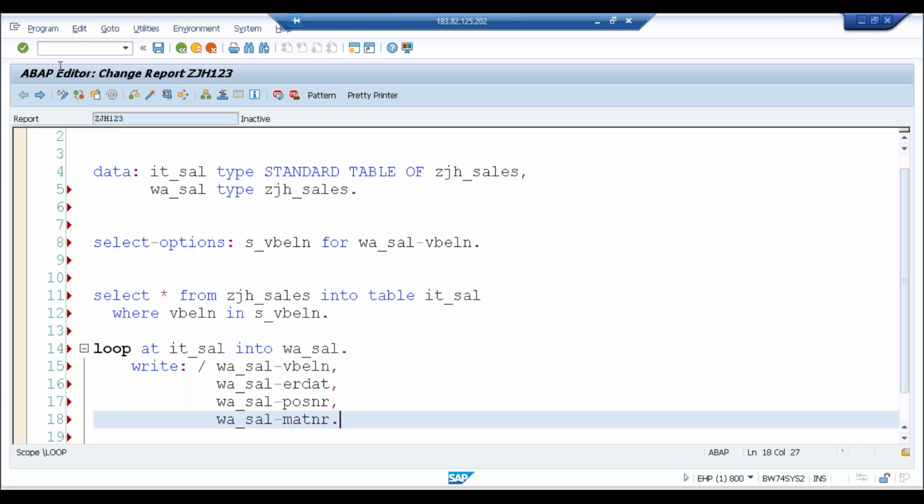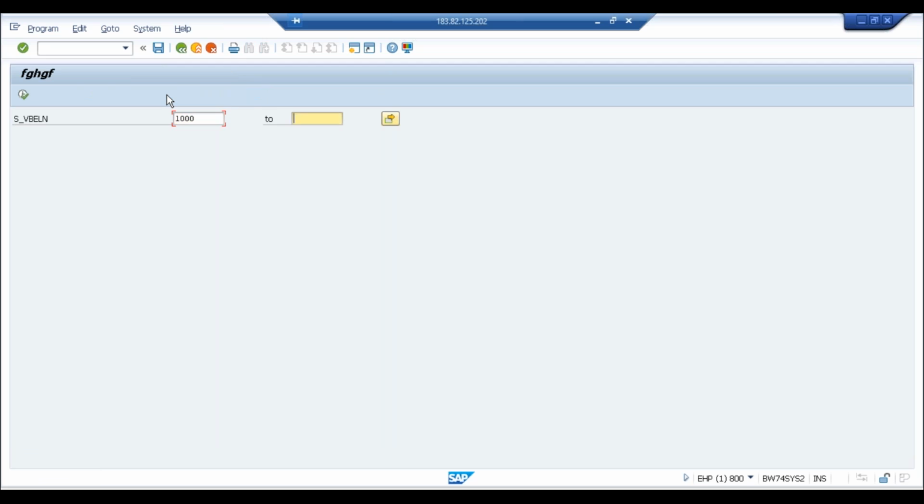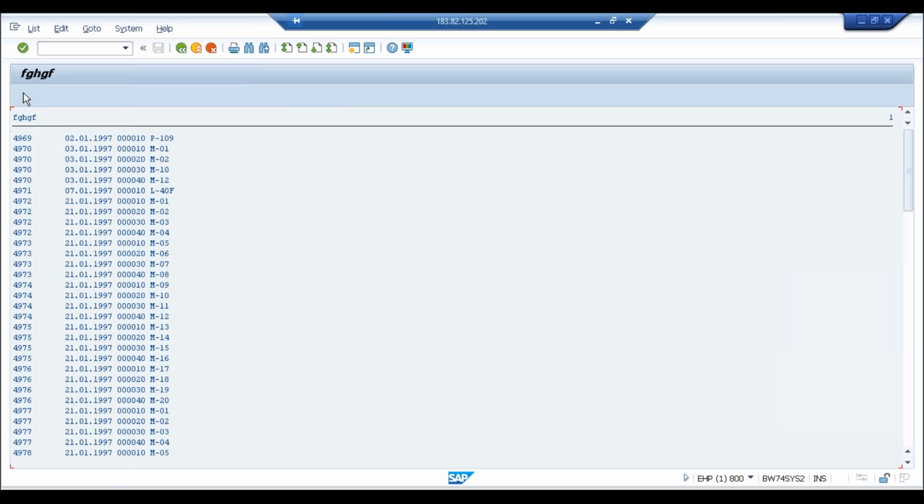Can we use a select statement in the write statement, like direct retrieving? Yeah, we have something like inline declaration. We have the latest coding with which we can do certain things, like using the select statement when we are writing the write statement. That will come into the latest coding that we have in recent times. In a general, normal ABAP program, we have to do it like this. I'll come to that; I'll be explaining HANA ABAP.